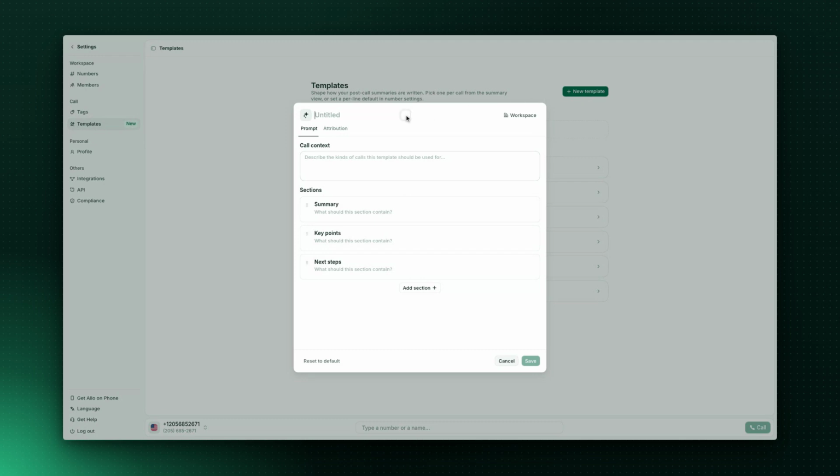First, give it a name. Let's create one for plumbing job intake calls. Next, the call context. Describe the kinds of calls this template is for, so the AI knows what to listen